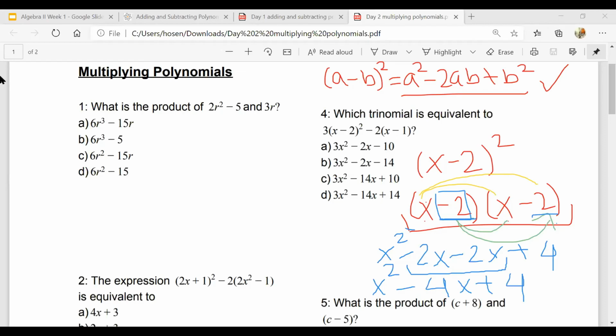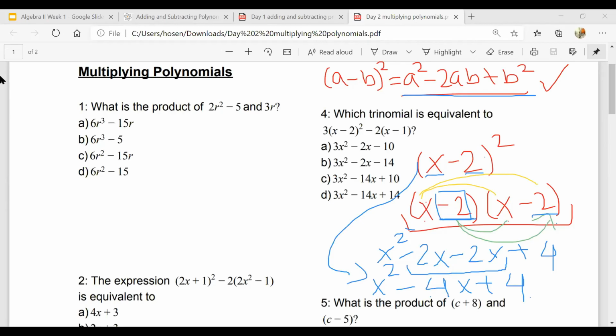Right? This is the expanded form of this, right? So look, I just told you guys about this rule. Look how it's the same thing. Instead of a, you have x squared minus 2ab. So like 2 times, this is your a, this is your b. So 2 times 2 is 4, times x is like 4x, and then plus b squared, which is like 2